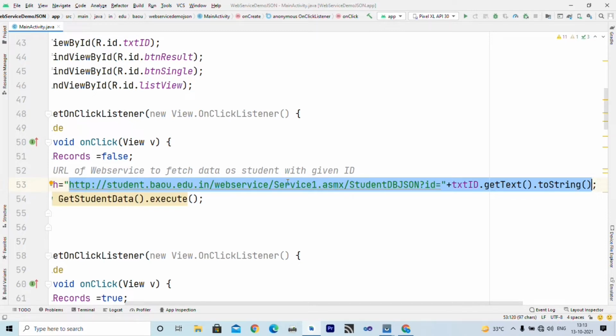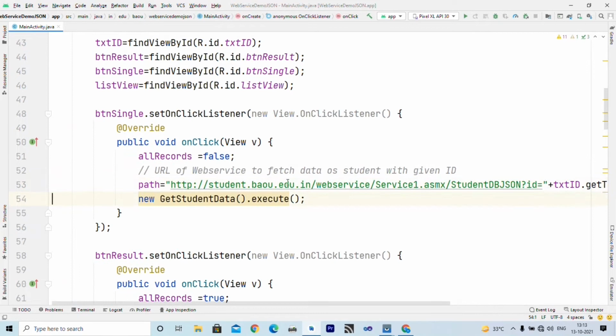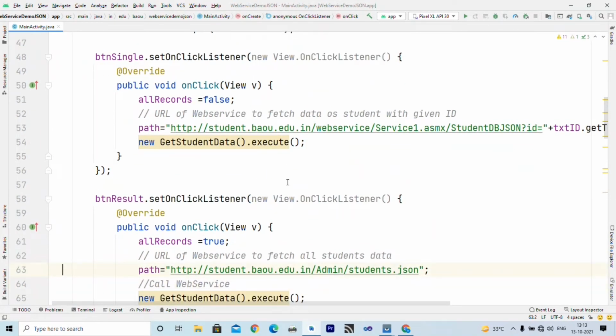So ID equal to 1 will fetch data of the student with ID 1, right? This is the URL for fetching data of a single student, and similarly this is the URL to fetch all student information, stored as a JSON file on the server.